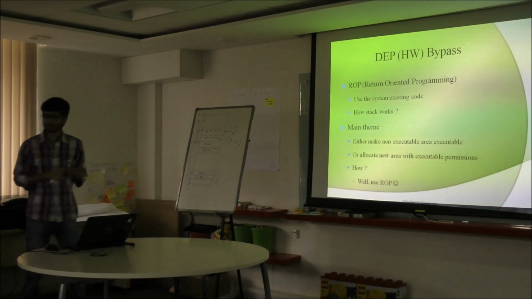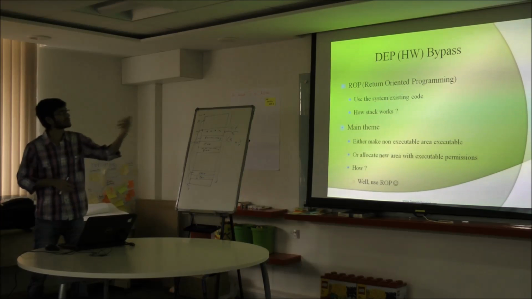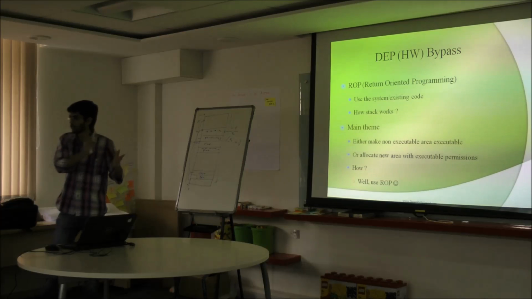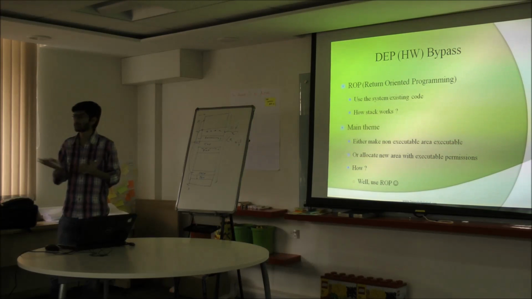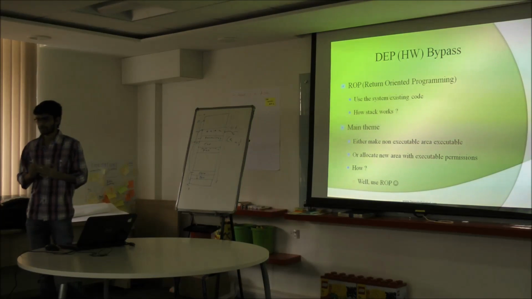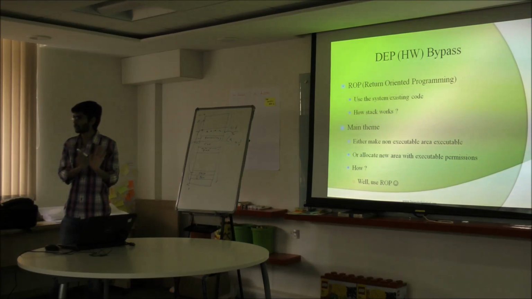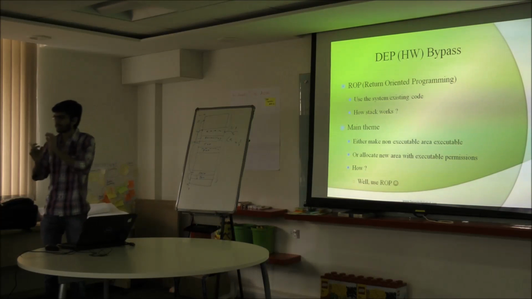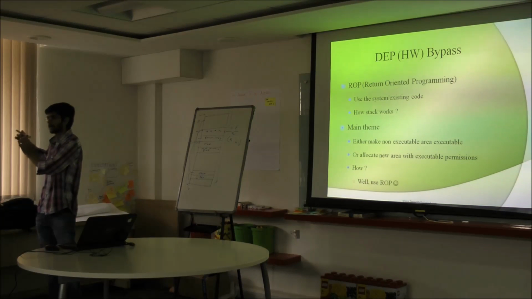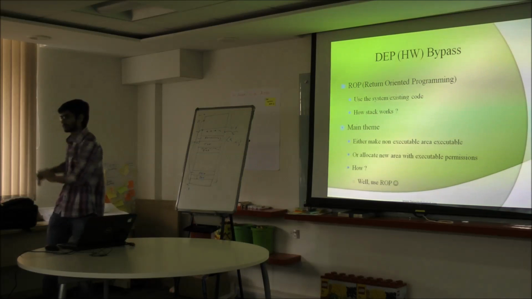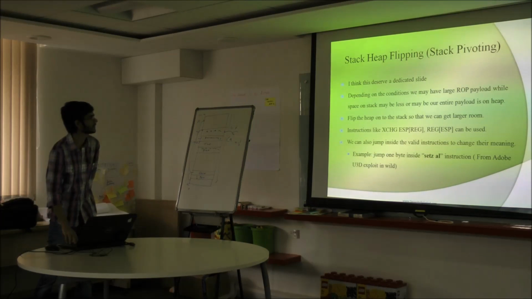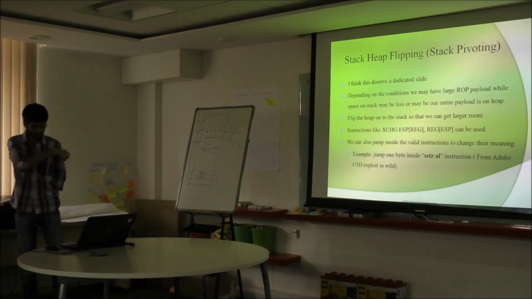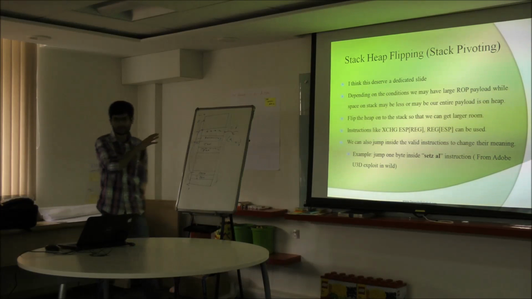And we will take the same example of this, because the system and existing code have the ability of execution. They have it, because it is code right now. So for example, it's in user32.dll or kernel32.dll code. That has executable permission because it was supposed to be executed by the application. So we use some small pieces of that code, and then we will manufacture a kind of chain, and then we will finally land in our shellcode. Now, before I go into that, I am not covering stack pivoting in the demo itself, but it is very interesting here.